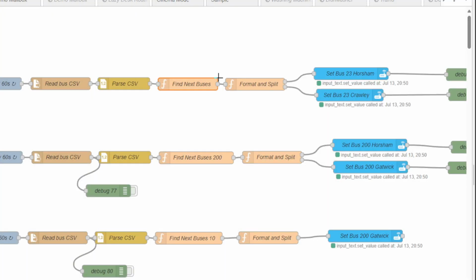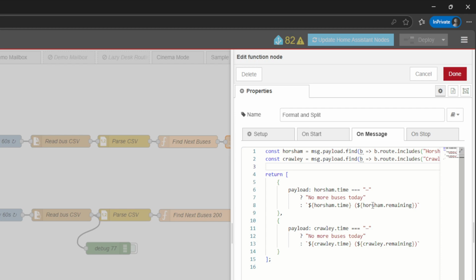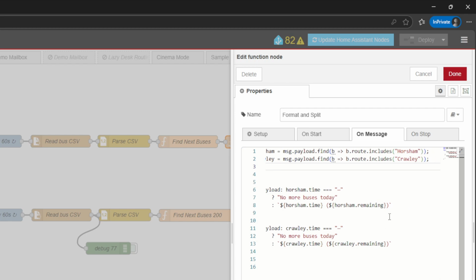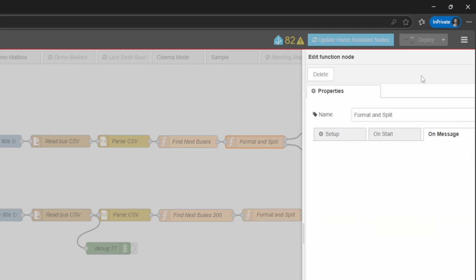If I just cancel that, you've then got this part here where it's going to format and split, because that particular CSV has two different buses. There's one bus going in one direction and one bus going in the other direction, which is why it's actually looking for either to Horsham or to Crawley. And then it's got these scenarios here. It's going to tell you the bus and how much time is remaining, which is this part here or this part here. If I close that,